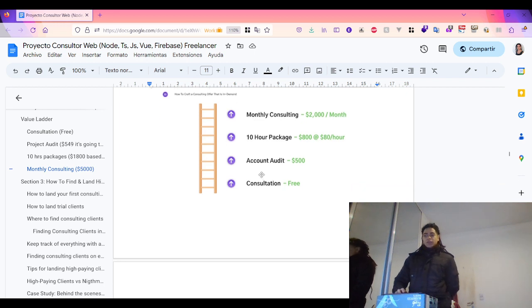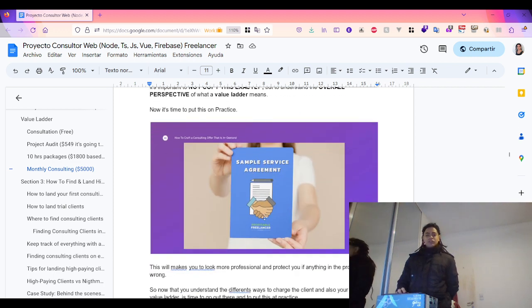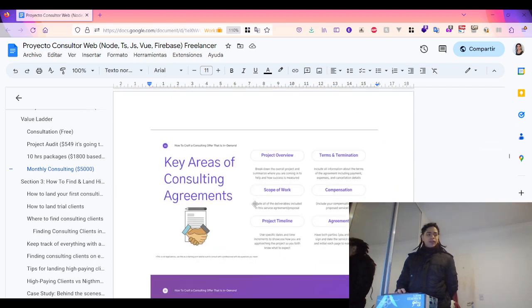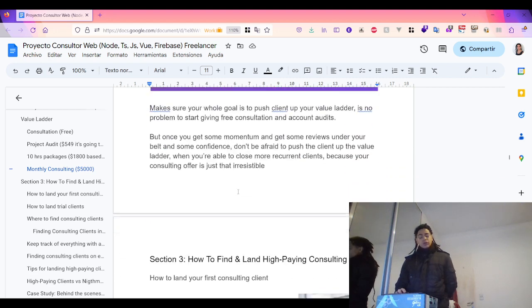That's right. And remember, the sample service agreement is to make you look much more professional when it comes to highlighting key areas like project timeline, project overview, scope of the work, terms and termination, compensation, and agreement. Okay, cool. So with that huge overview,